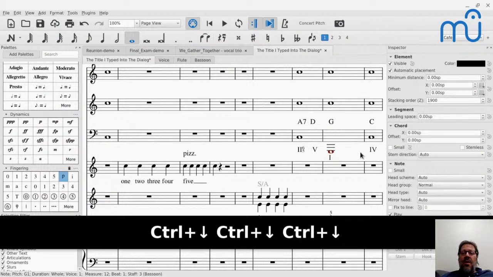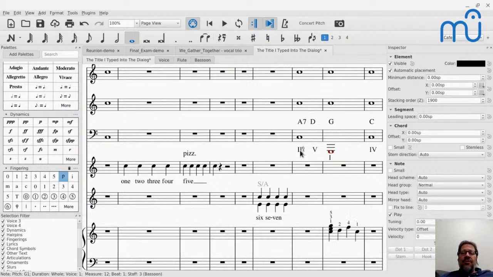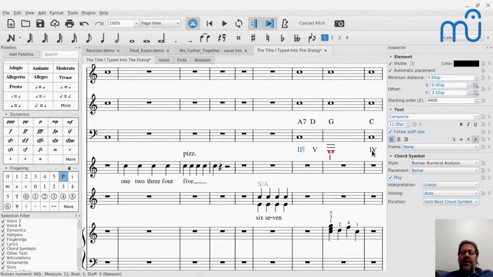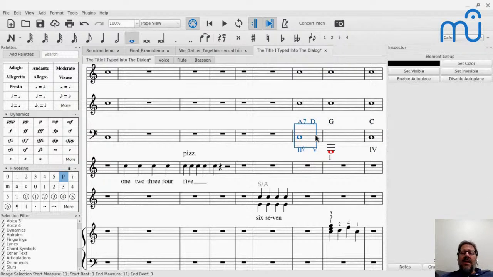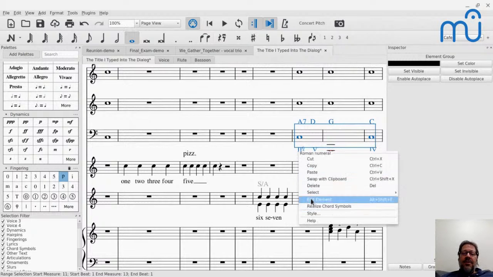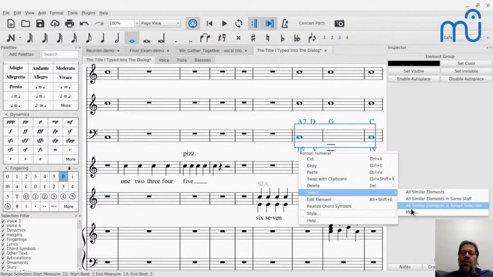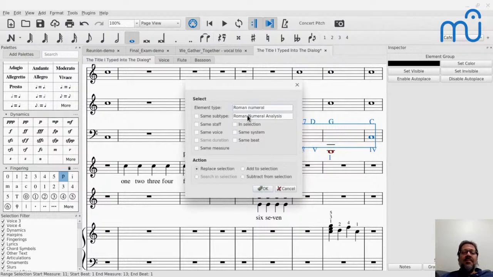And now suddenly these guys are all out of alignment. Well, all I have to do is click one, shift click the other, and then it selects. Actually, it selected all the chord symbols, not just the Roman numeral analysis. So that's actually a little bit of a drag. But I can select this range, and then right click a Roman numeral analysis, select more, and then say same